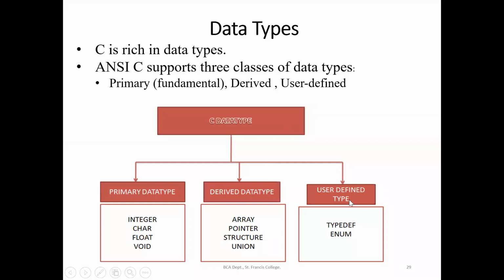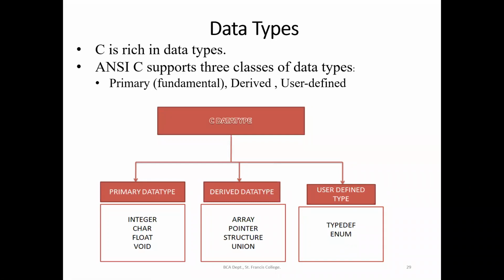And then the third class is user defined data types. So we can also create data types. These are all the fundamental data types, right? Integer, character, and there are certain keywords also for that. We should use only these keywords: int, char, float, and all. Those are the keywords, and we cannot use any other keywords if I am using the primary data type. But if I want to use my own name for the data type, I can go for user defined data type, that is using typedef and enum. So I can also create it.